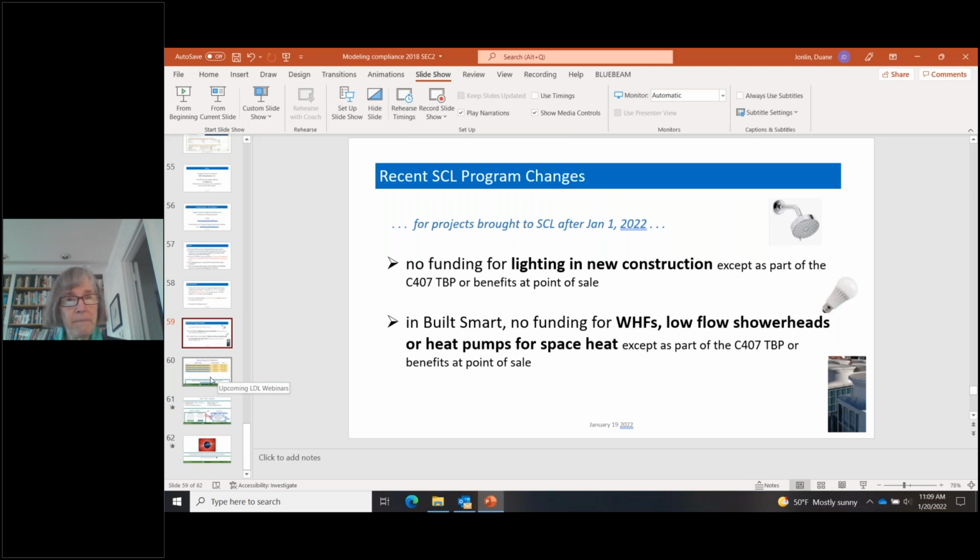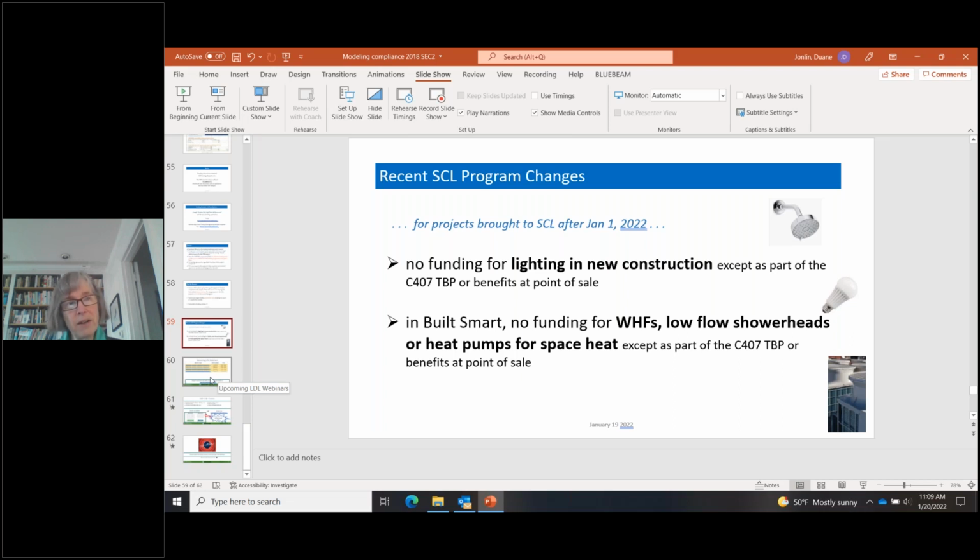There are some exceptions there: if you could end up modeling those savings in the total building performance work done for C407 permitting, then we could cover it. Normally, of course, you don't, because the lighting isn't yet designed. So I only mention that in sort of a hypothetical sense.